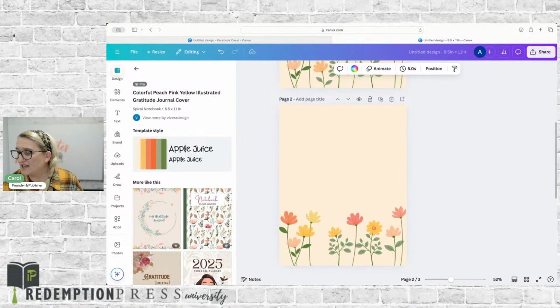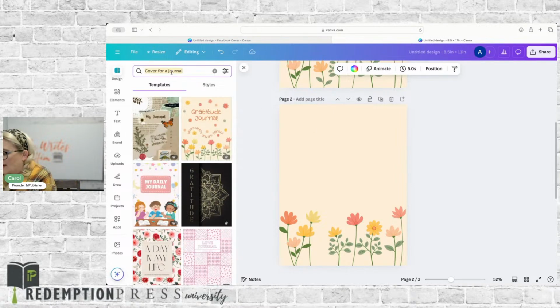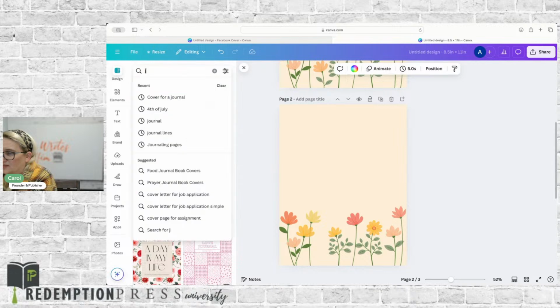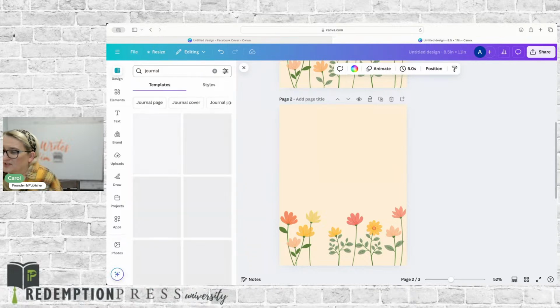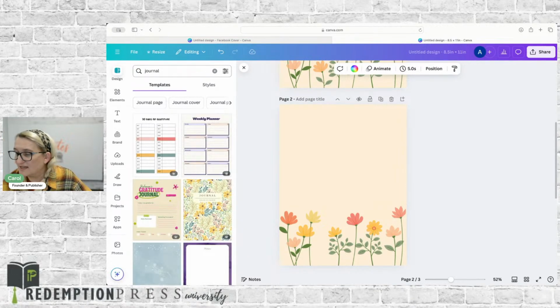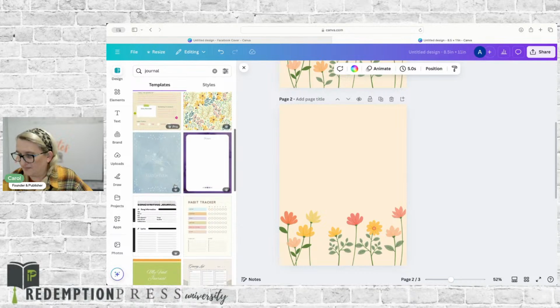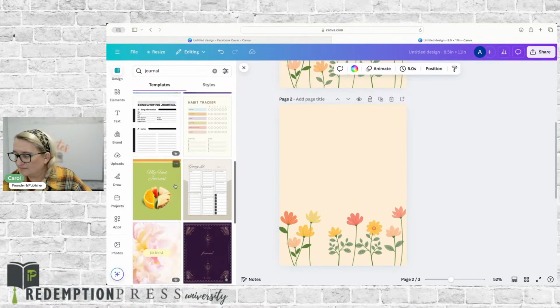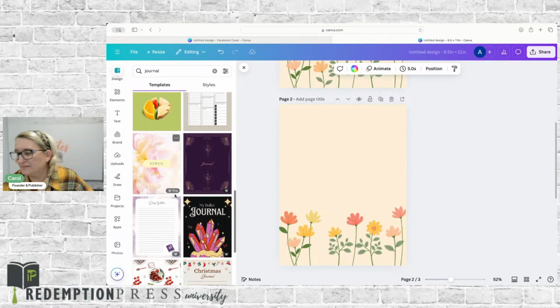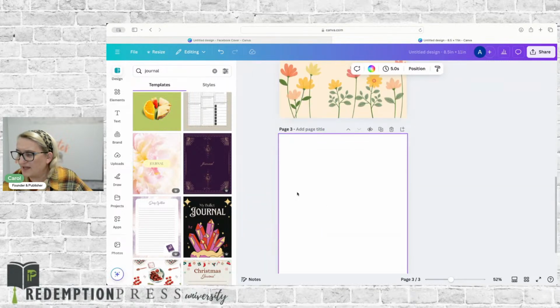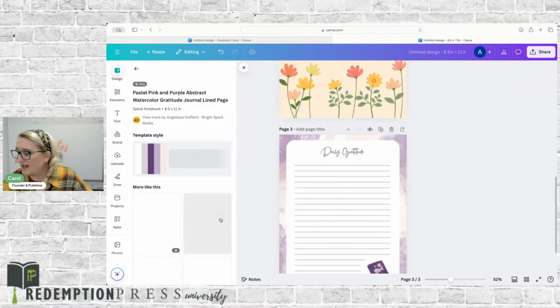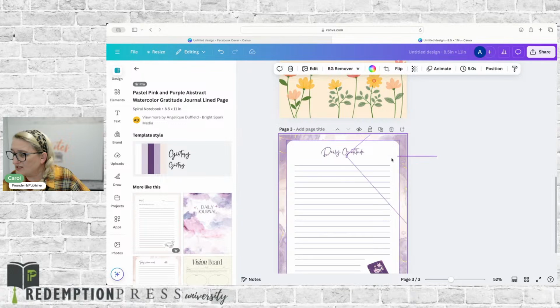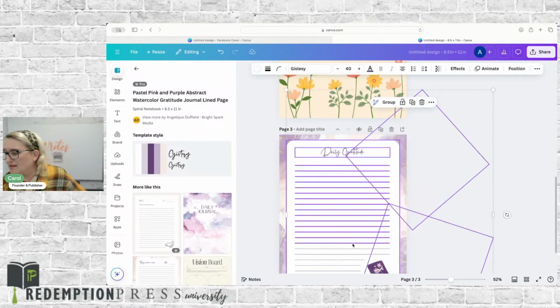So here is my journal pages. Well, I really want some actual journal pages in it. So I just say journal. Usually if I say journal, it'll give me some lines. And so I can go in here, and here's what I do usually. So here's some lines. So I will go to this blank page and I'm going to put that there. And then I'm going to go in and I just want to copy the lines because I don't want to